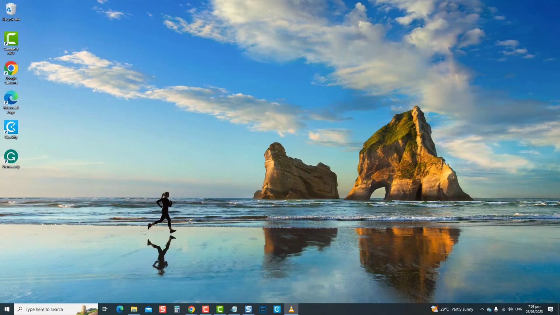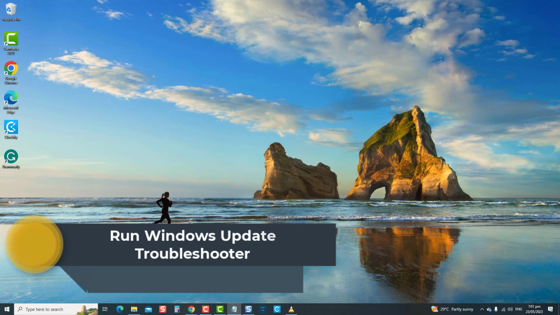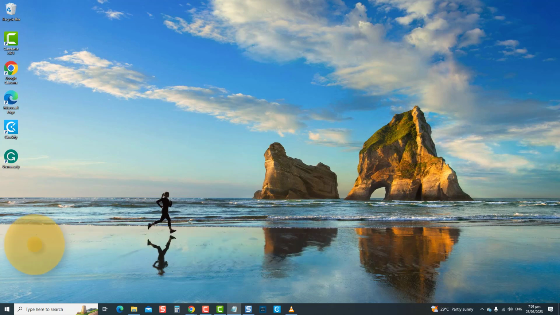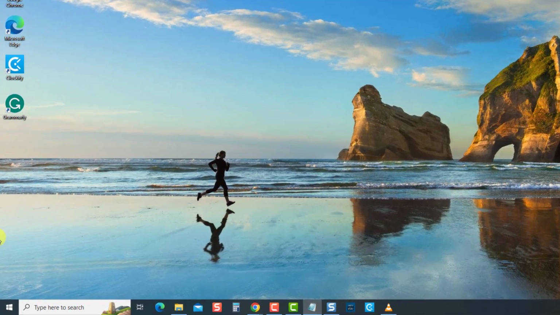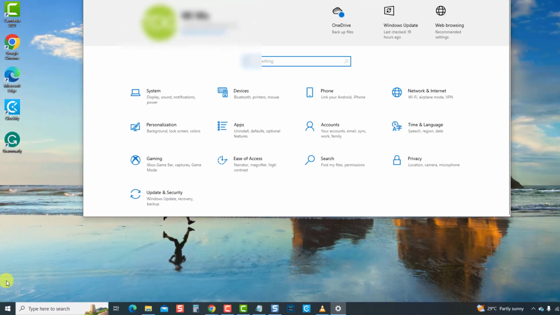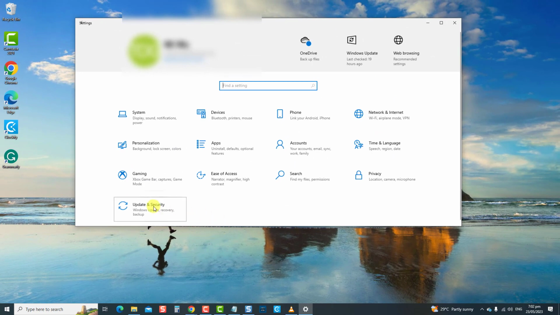The first solution is to run Windows Update Troubleshooter. Running Windows Update Troubleshooter to diagnose and fix issues related to Windows Update, in this case error code 0x80070643. To do this, click Start, click Settings, an icon that looks like a gear, click Update and Security, then